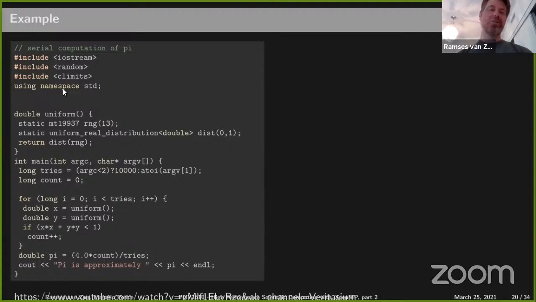This draws a single number, a double precision floating point between 0 and 1, and it does that by creating a Mersenne-Twister random number generator with a seed of 13, and then it has a distribution for real numbers from 0 to 1, and then, as we've seen, you just pass the random number generator into the distribution that produces a number, and you can return